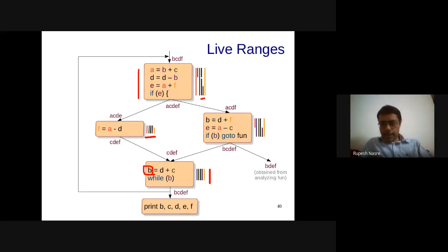Okay, Naman has a question: let A and B have overlapping live range and C has a different live range. Then there is a new definition of B overlapping with C and not with A. How does the graph change then? A and B have overlapping live range, okay, and C has a different live range. Then there is a new definition of B overlapping with C and not with A. Yeah, so again, this is going to be related to what we just discussed.